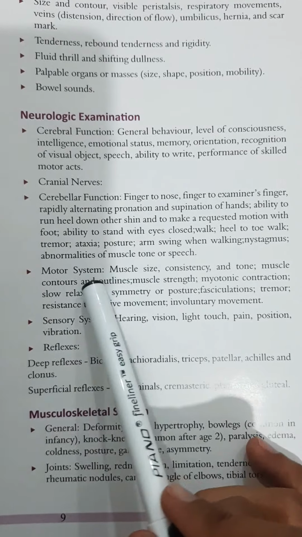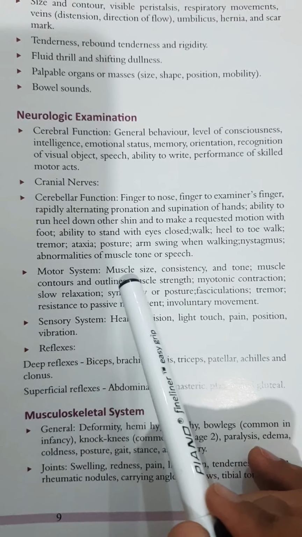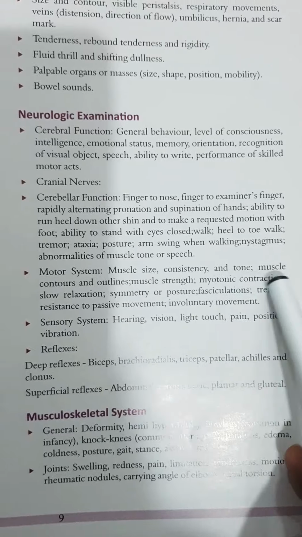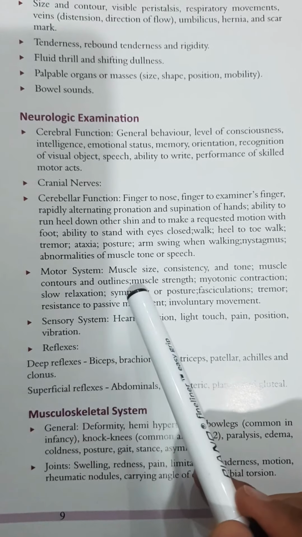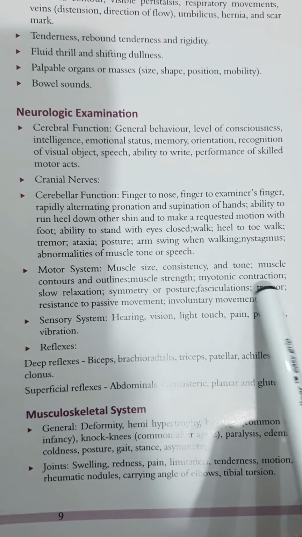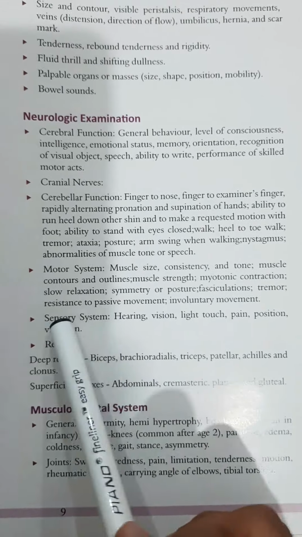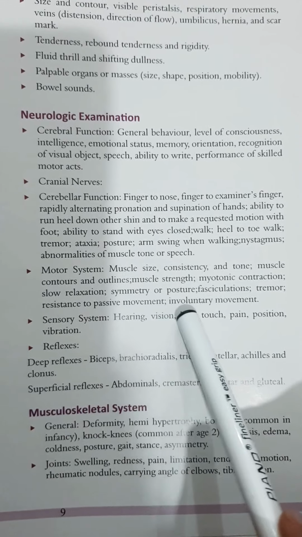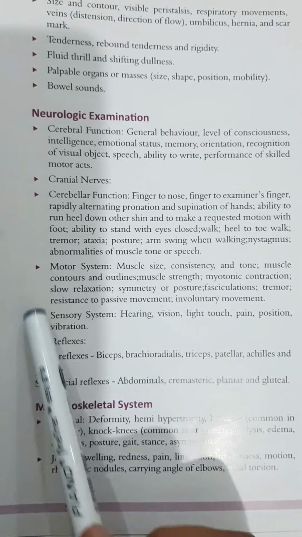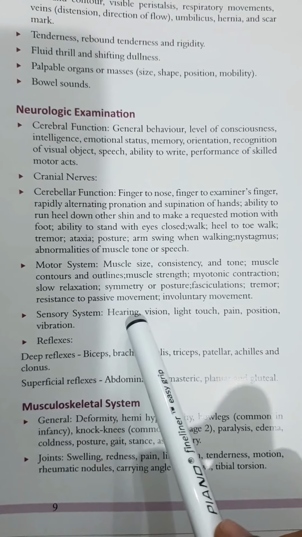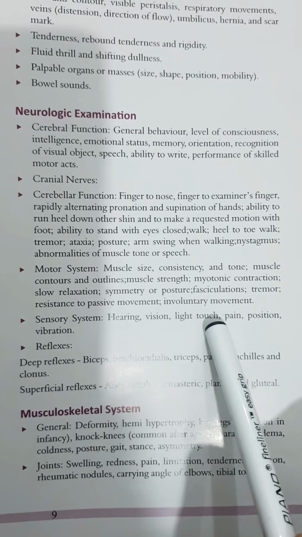Then we will check the motor system, in which we will check the muscle size, consistency and tone, muscle contours and outlines, muscle strength, myotonic contractions, slow relaxation, symmetry or posture, fasciculations, if any present, tremor, resistance to passive movements and involuntary movements. Then we will check the sensory system, for which we will check the hearing, vision, light touch,